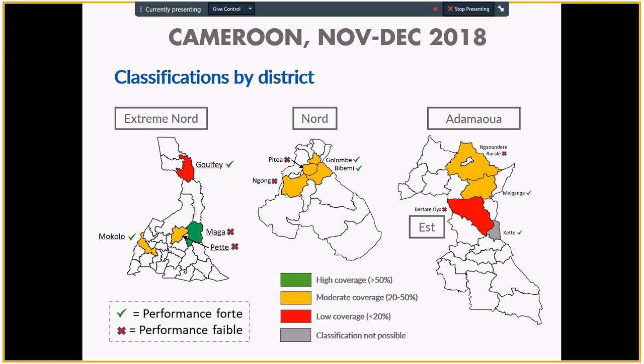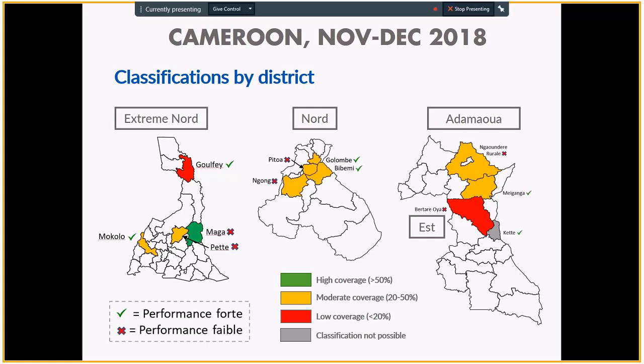Essentially, what this shows is that in 2 of the districts, we found very, very low coverage. In most of the districts, we found moderate coverage. Moderate coverage we classified as being between 20 and 50%. Anything below 20% was extremely low, anything from 20 to 50 was moderate, and anything above 50%, not a terrible, a kind of acceptable level of coverage in a rural district, was considered high.